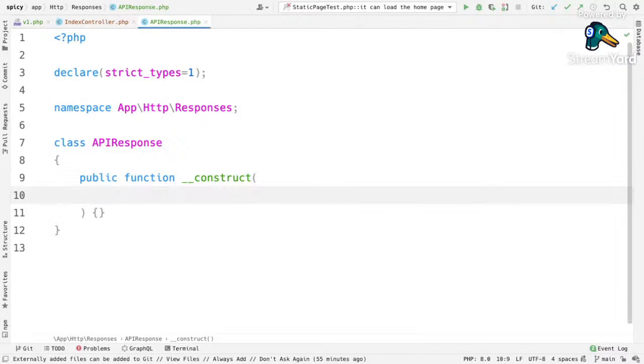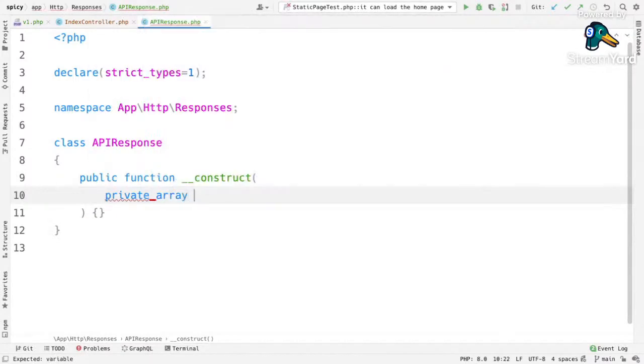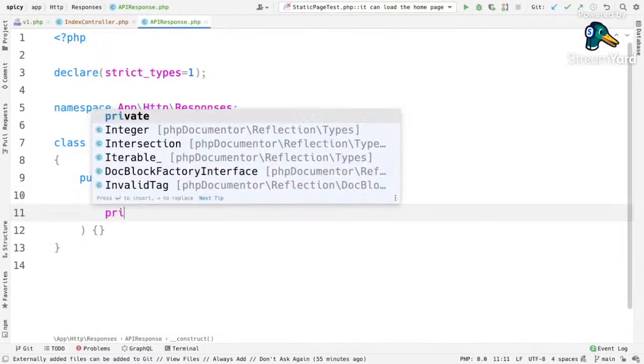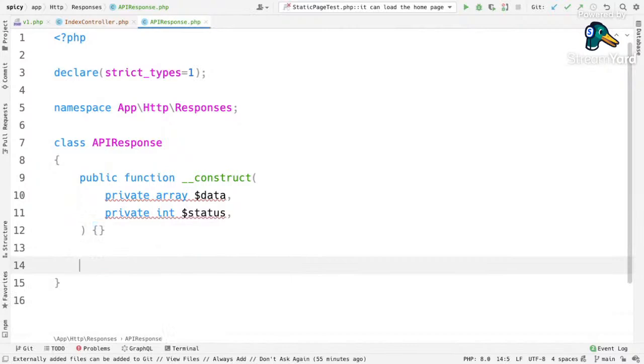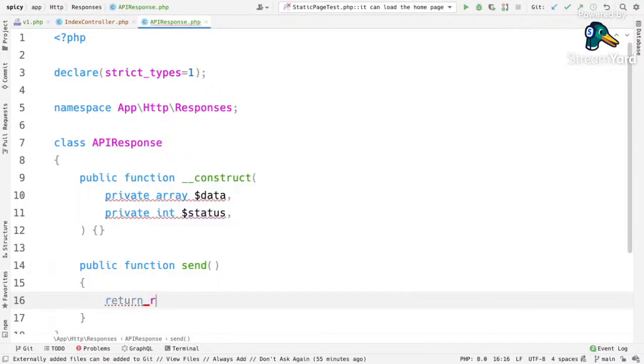So we want data to send, but we're also going to want status. And then we'll be returning